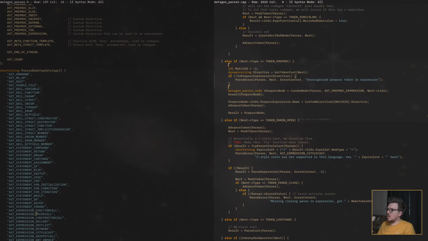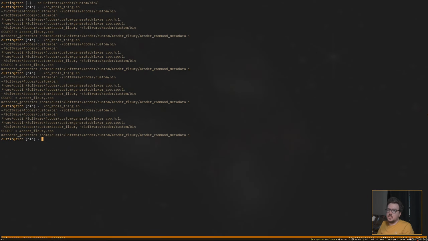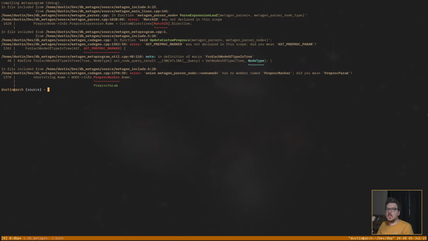Okay. Don't need the match ID anymore. So if we see a preproc token in an expression, we make sure it's an expression token, create the node, stick it on there, we're good. Let's see what all we've broken so far. We're still using marker somewhere.